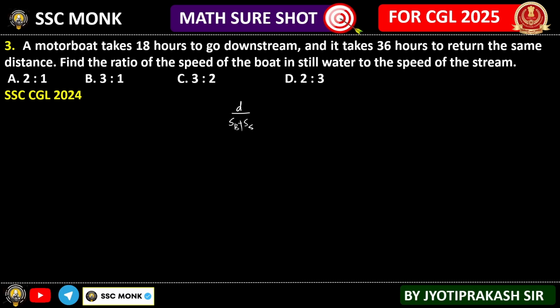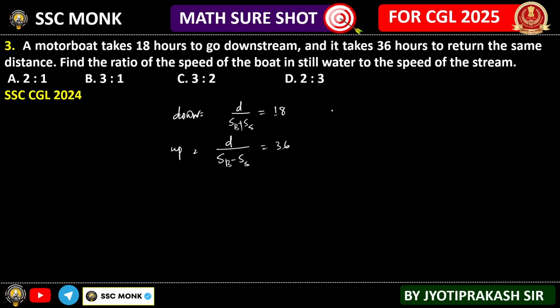Sorry, this is plus is equal to what? 18 hours. We are talking about downstream. Now in upstream, distance divided by speed of boat minus speed of stream is equal to what? 36 hours. Clear? It is saying what is the ratio of speed of boat in the still water to the